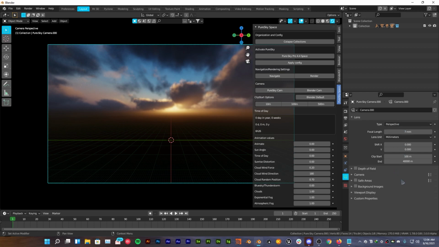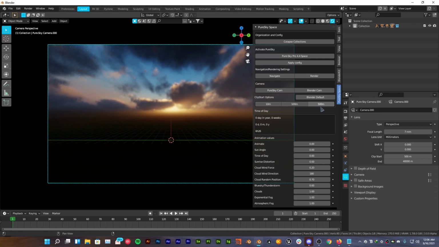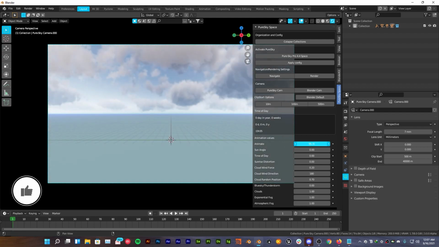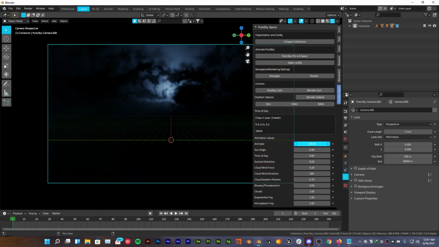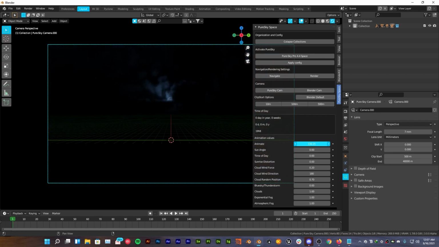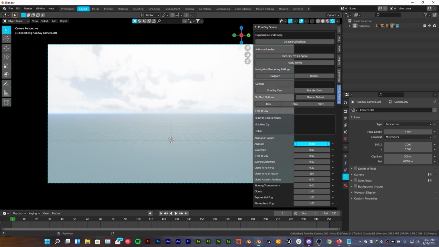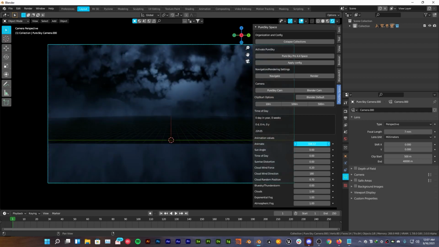The settings are focal length, start clip, end clip, and then we can change the clipping options to either 10, 100 or 500. I will recommend you go 500 because it makes the volume look way cooler. So it does not make it look like pixelated volume metrics. So here are the values that we need in order to get good results out of it. So let me show you the animate button. If we click down and drag it all the way, you can see that it changes from day to night and then night to day, which is really cool.